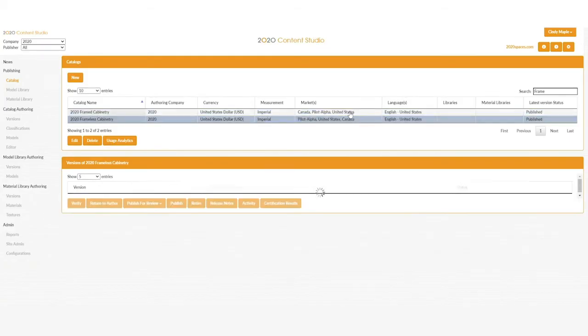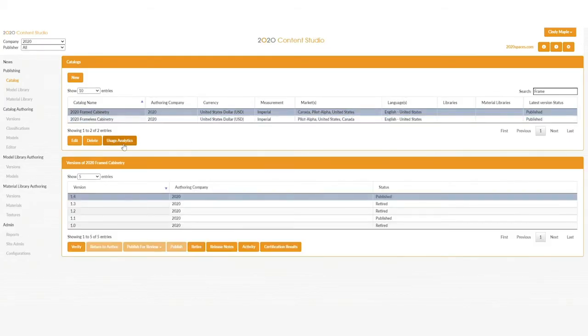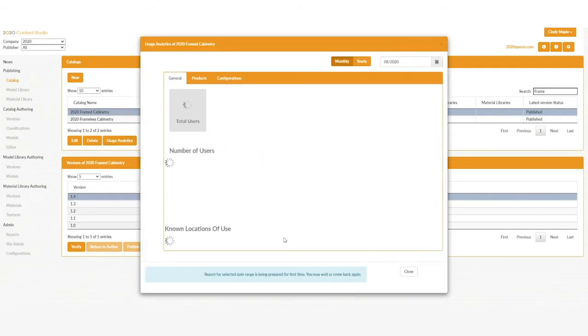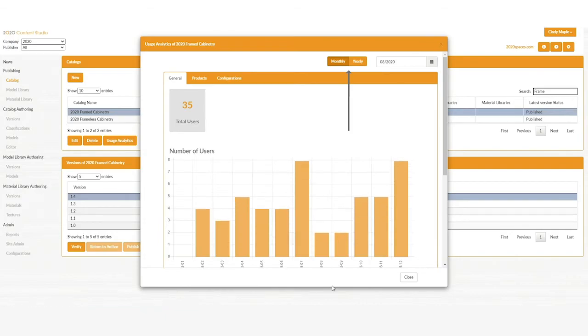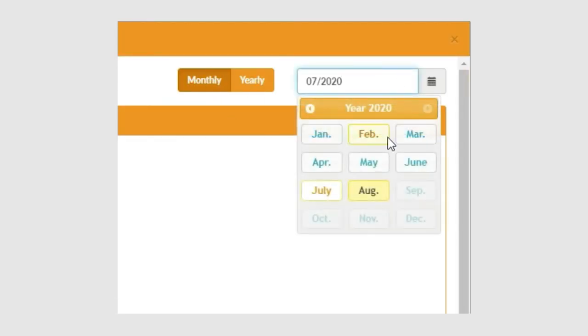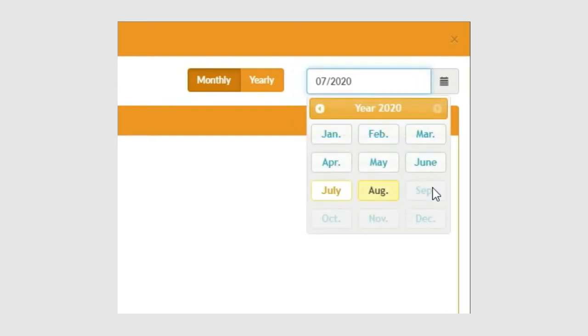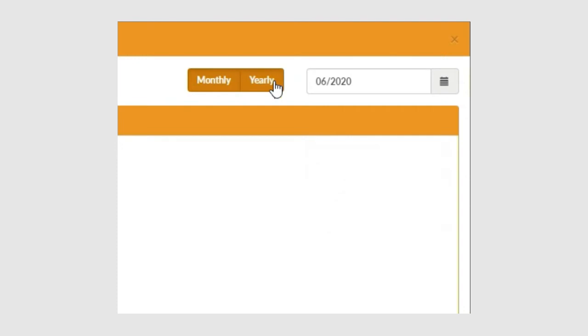To access analytics, select the appropriate catalog and click on the Usage Analytics button. Publishers can choose to create a monthly report, a yearly report, or a month-to-date or year-to-date report. Publishers can easily create one or multiple reports for analysis. To create each report, publishers select the month or year button and navigate to the month or year that they're